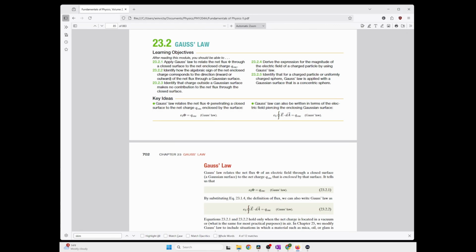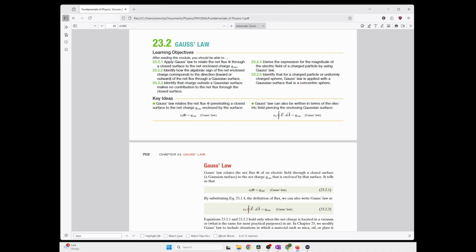Welcome to the video. In this video, we are going to look at the second section of chapter 23, and that is the Gauss Law. If you look at the bottom of this screen, you can see that there are two equations. We are always going to use the second equation, because in that second equation, the integral is just the definition